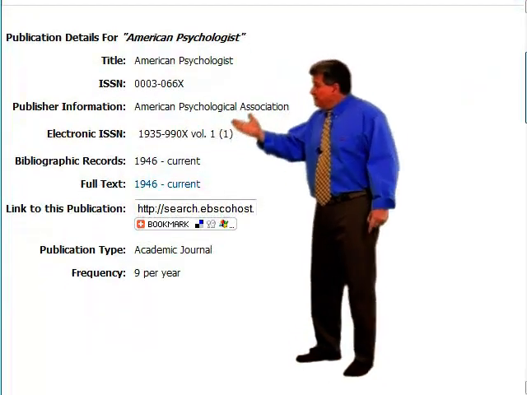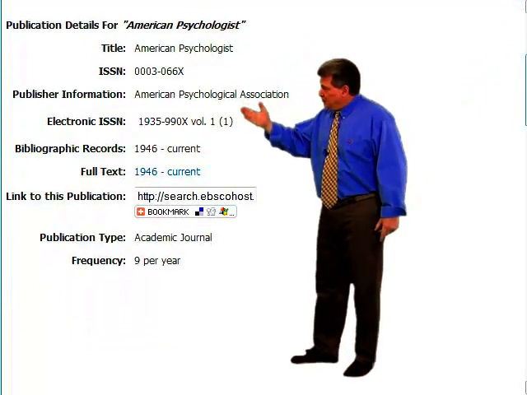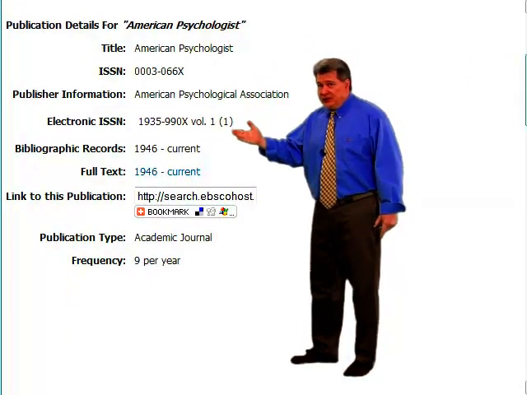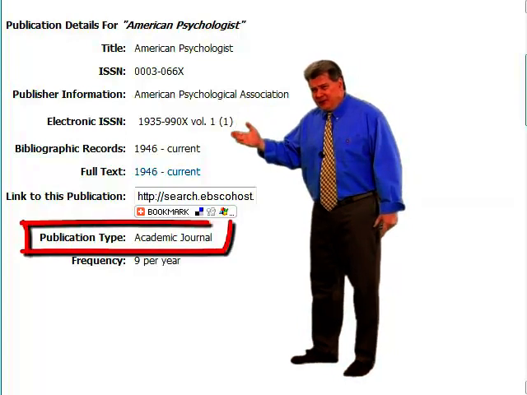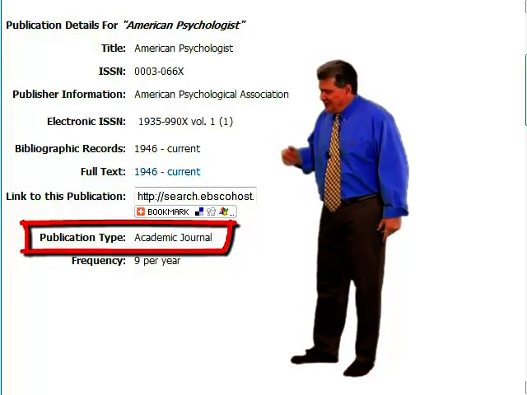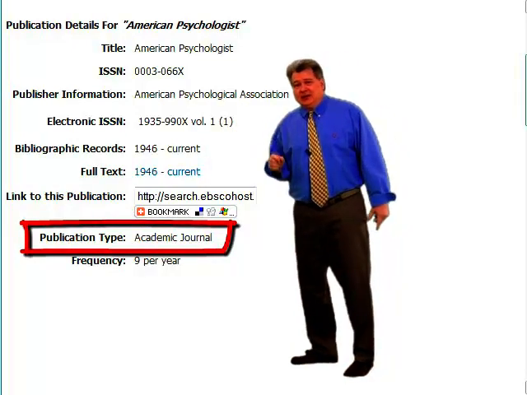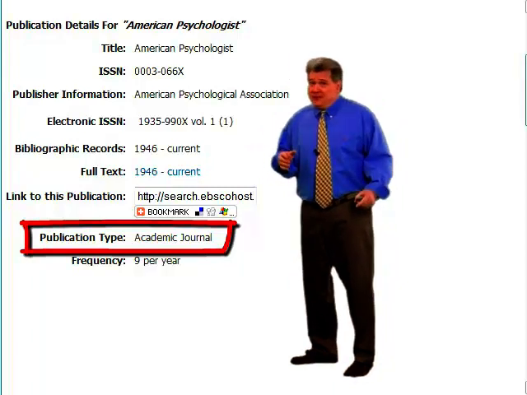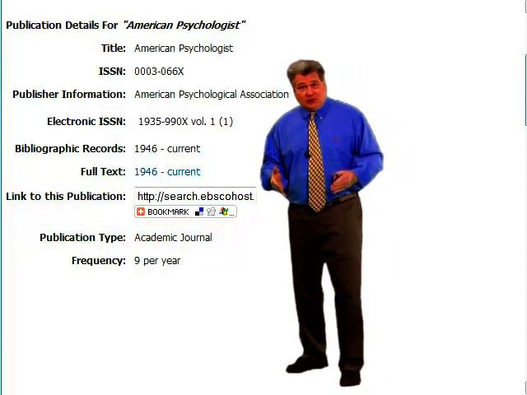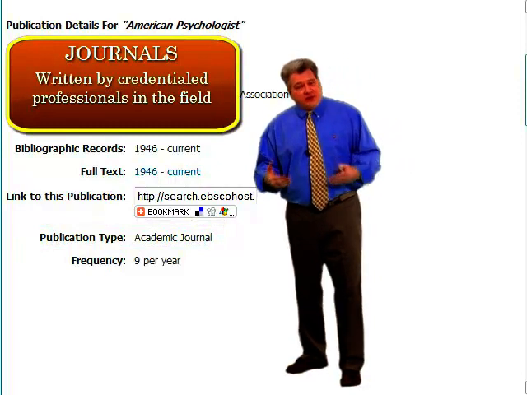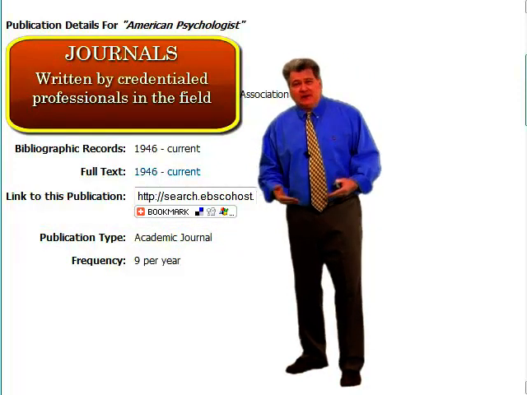Now, looking at this page, let's scroll down to the bottom. We know this is a periodical, right? Well, what kind of periodical is it? Look down at the bottom there. Academic journal. Now remember, there's a big difference between journals, which are written by professionals with degrees and other credentials